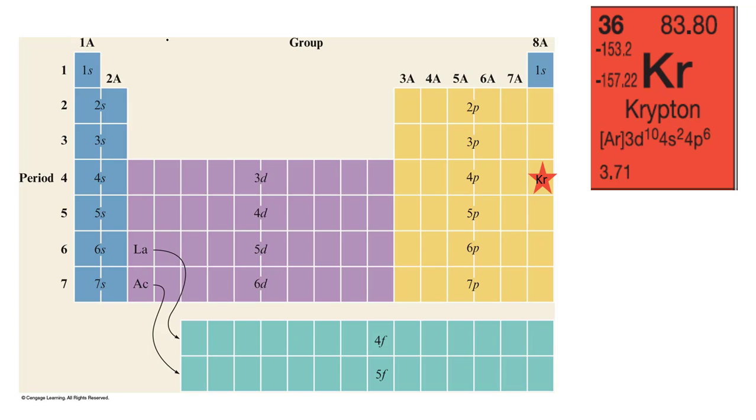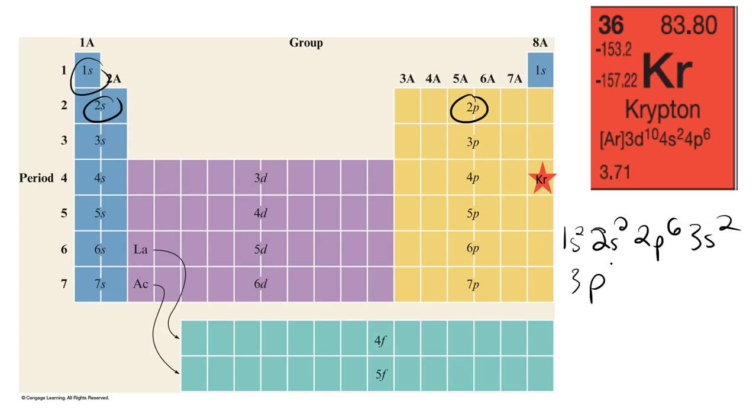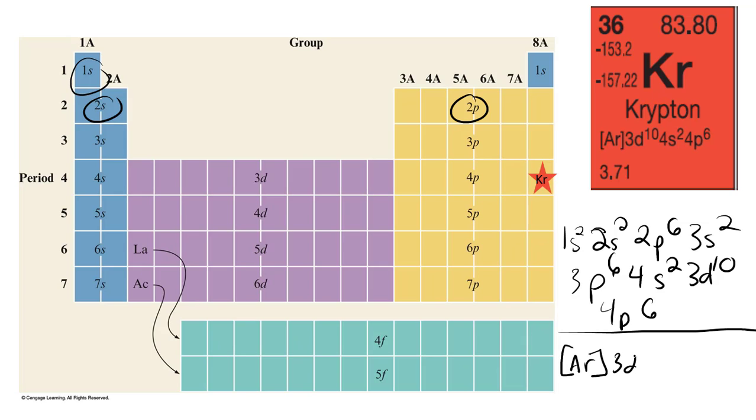So what do I mean by that? If we were to write the electron configuration for it, we would follow the general step of 1s, 2s, 2p, etc. Let's do that. 1s2, 2s2, 2p6, 3s2, 3p6, 4s2, 3d10, and then 4p6. So if we reorganize it and put it into shorthand configuration, that would be argon with a 3d10, 4s2,